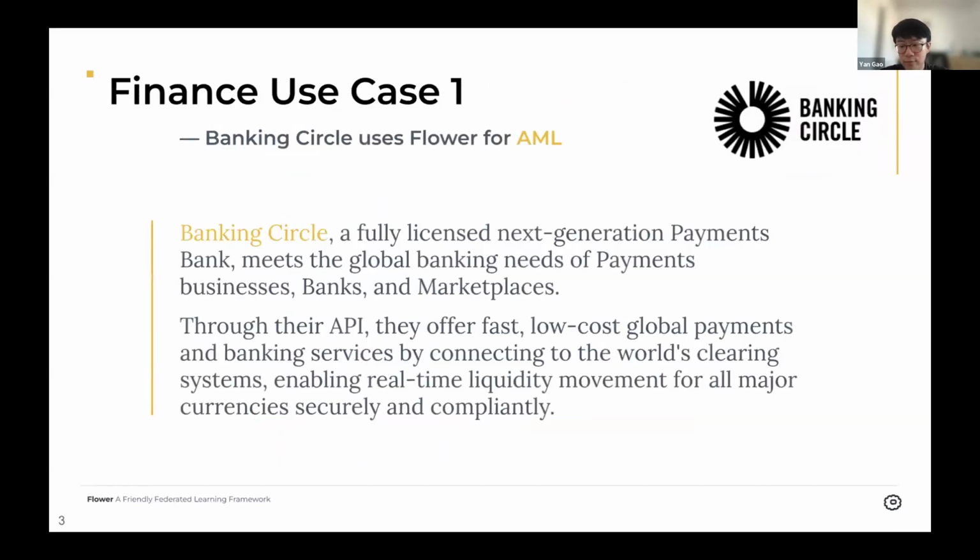All right, so let's see the first financial use case. One company that has publicly talked about their use case of federated learning in finance is Banking Circle. At Flower Summit 2023, Robert Noville from Banking Circle shared their work on federated lending for anti-money laundering, AML. Banking Circle is